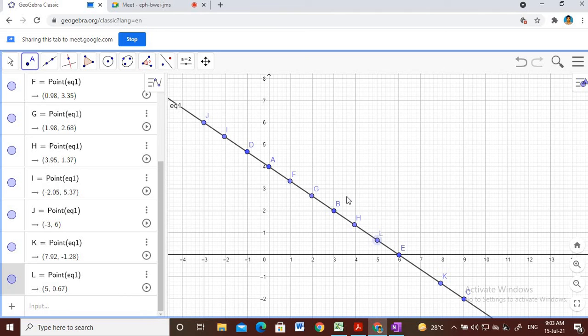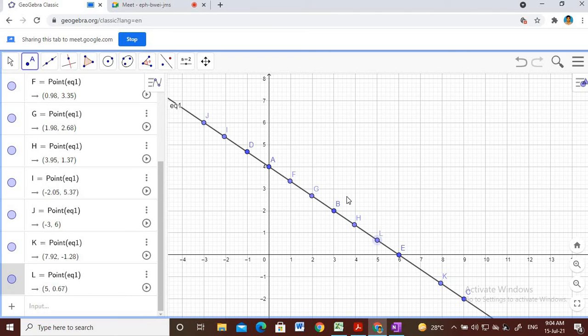See, in the point 0, 4, the abscissa is 0. And in the point 6, 0, the ordinate is 0. So it is better to always take these solutions: x is equal to 0 and y is equal to 0. When you take x is equal to 0, for this equation y would be 4. So 0, 4 is a solution. When you take y is equal to 0, x is coming as 6. So the solution of this equation is 6, 0.